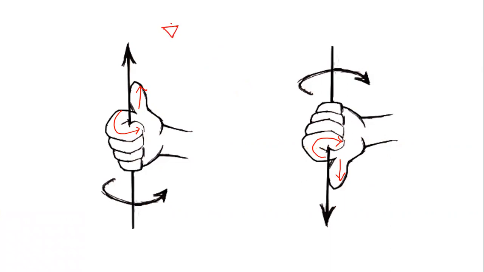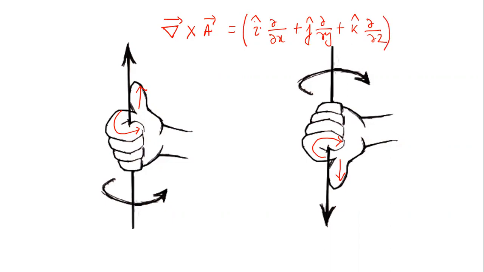If I write it mathematically, del cross A, let us substitute all the values. First the del operator: i cap del by del x plus j cap del by del y plus k cap del by del z. This is our del operator, in vector form, cross the vector A, which is i cap ax plus j cap ay plus k cap az. This is the vector. So in the determinant form, you can write it as